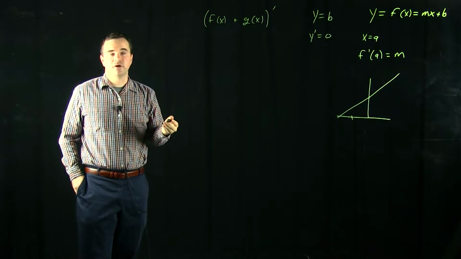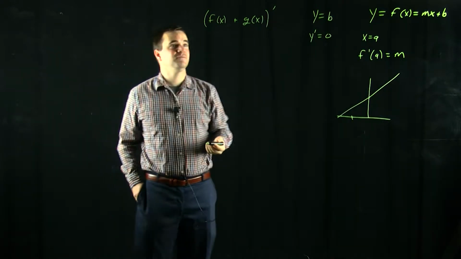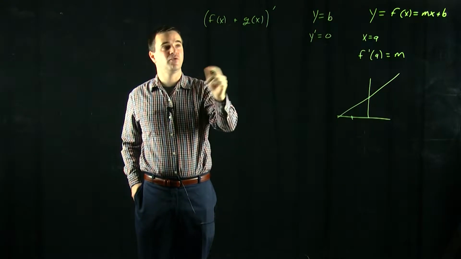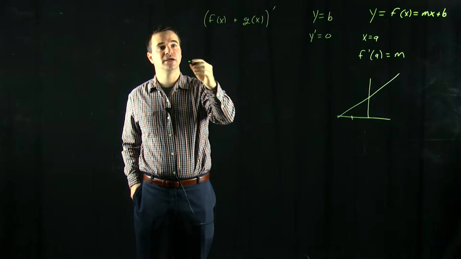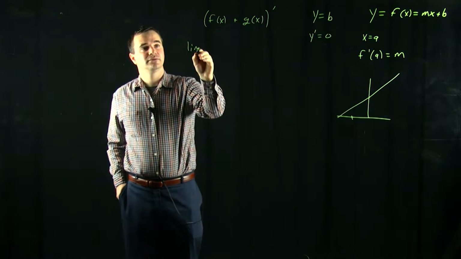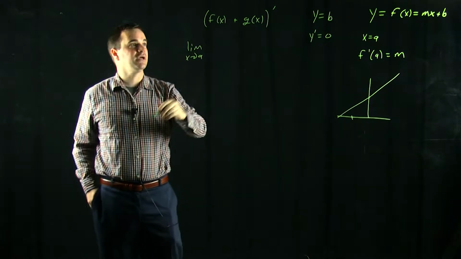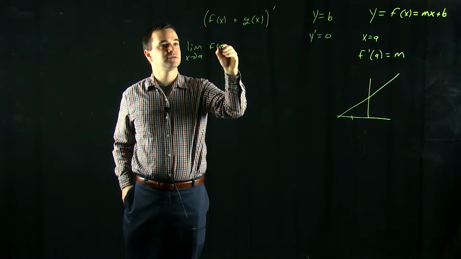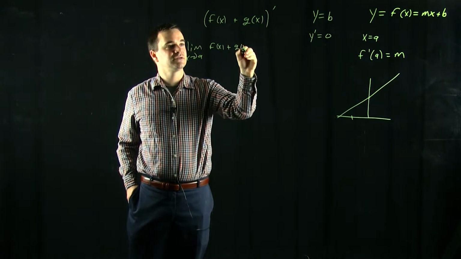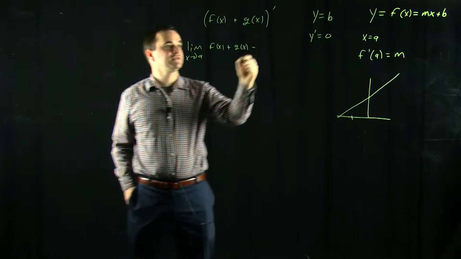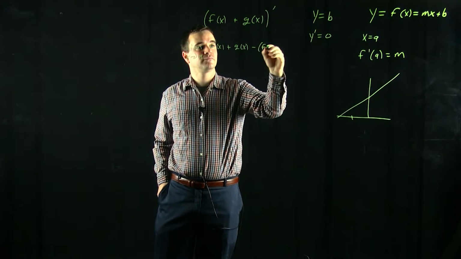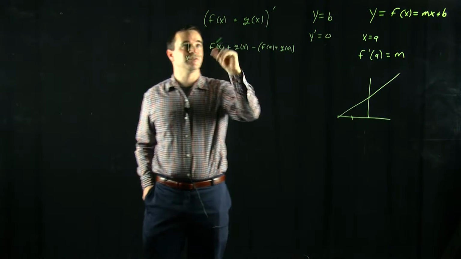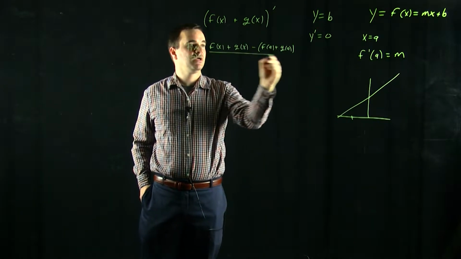So this we can solve with the limit laws, because if you remember the definition of the derivative, if we take the derivative of this at a point, let's say x equals a, then we write down the limit as x goes to a, and we have to plug in x into this function, so it's going to be f of x plus g of x minus plugging in x equals a, so that'd be f of a plus g of a, because remember the function is actually the sum of f and g,